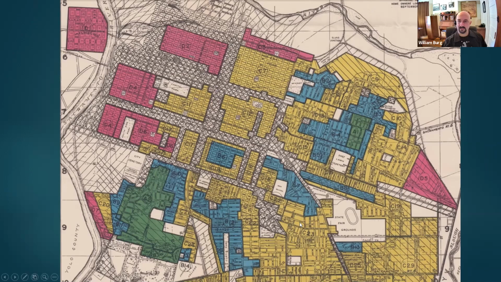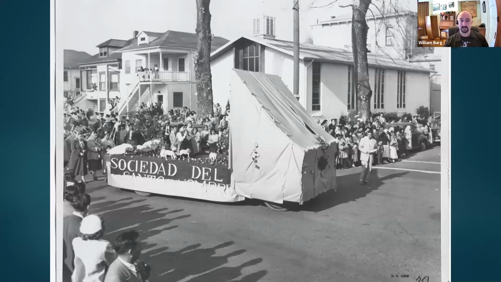The blue areas that you see and the green areas, those are areas that were considered a safer bet because the population was white and they had racial covenants. Yes, Oak Park had some racial covenanted sections, and they were considered lower risk, easier to get loans because, again, of the race of the population that was there. Now, the population of the central city, as I mentioned, you have your Japanese American community, the Latino community, which continued to grow during the course of the 20th century.